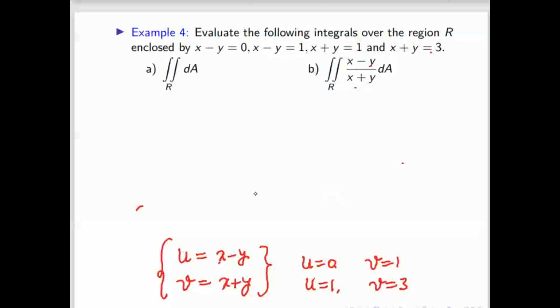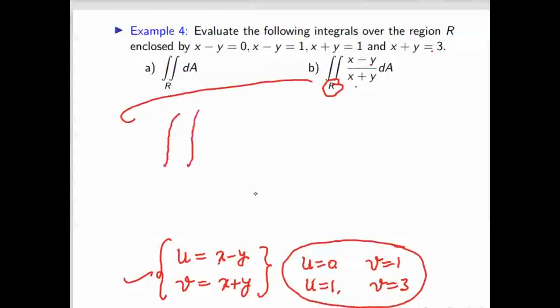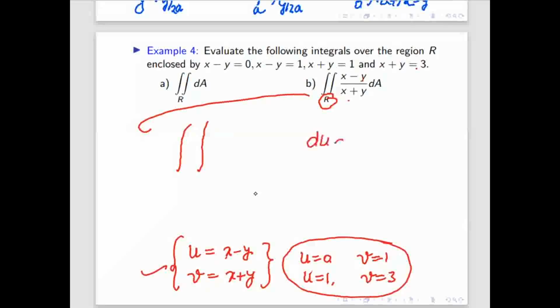So here is the integration over this region R. After doing this transformation, this is the region bounded by this rectangle. Because it is a rectangle, we can integrate with respect to u or with respect to v, it doesn't matter. So tell me which variable you want, with respect to u first or v first. That is up to you. Sir, u. So I will write here du dv, and here I will write the mod of the Jacobian. It will come here, and then this function x minus y will change in terms of u and v.